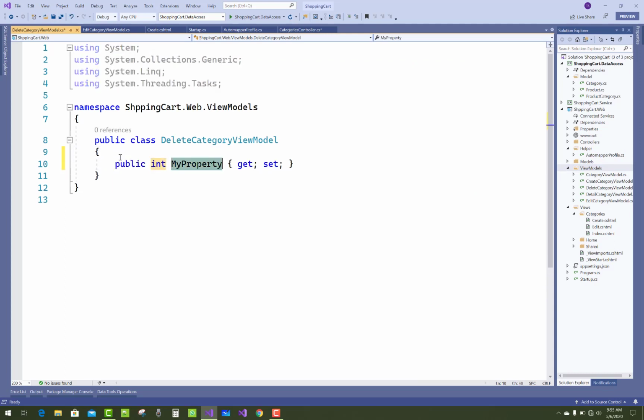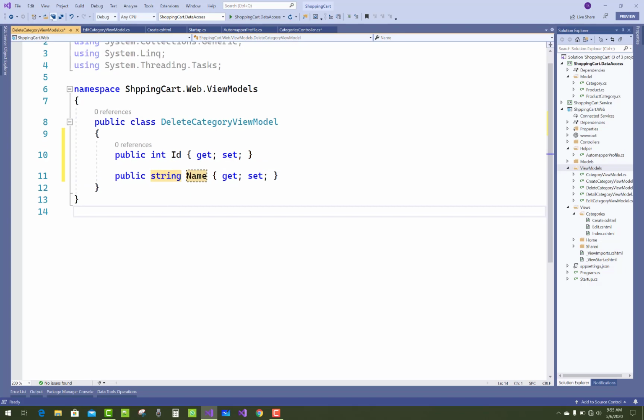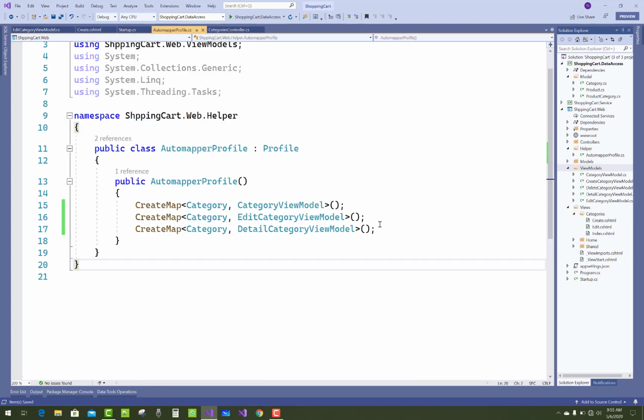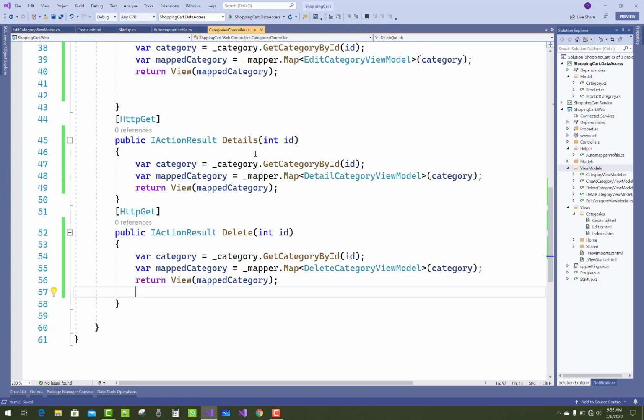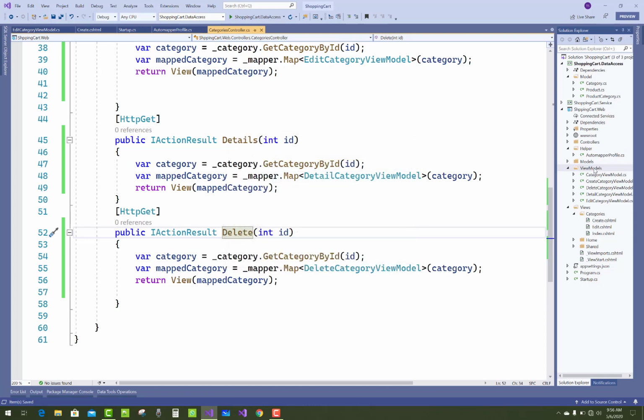Okay, so in the delete category view model we only need the ID parameter and the name also. So you can use it here and pass it here, delete category view model, and also add in the automapper profile, category to delete category view model. Okay, and generate a view.